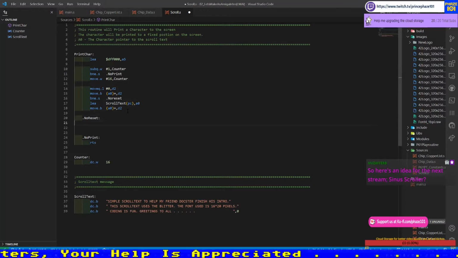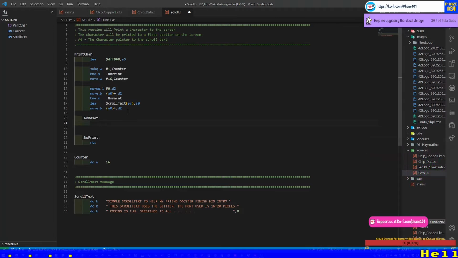And the assembler will complain, because it's case sensitive. Sinus scroll, I can do a sinus scroll, but it will not be a simple intro anymore. And to be honest, I covered the sinus scroll in the series of the book,